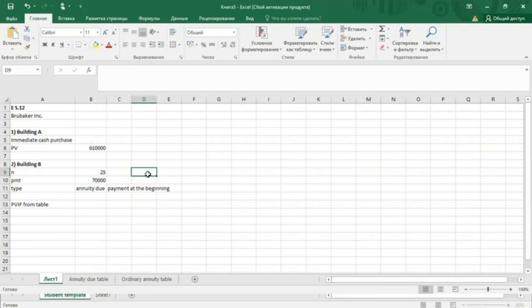Now by multiplying present value interest factor and PMT, we found that the present value of payments is 47,058. So net present value is 602,942. Finally, if I compare three building options, I can write that building A NPV is